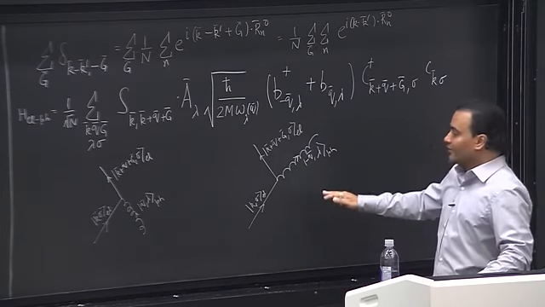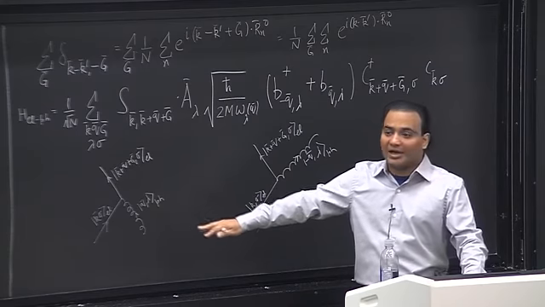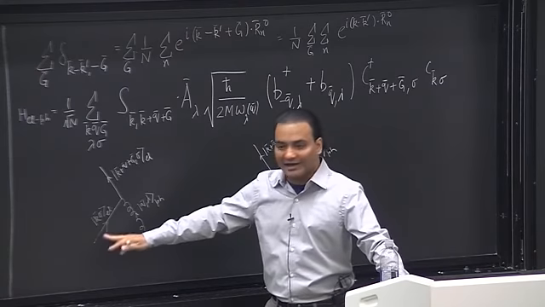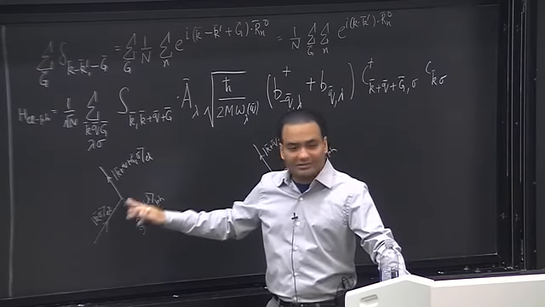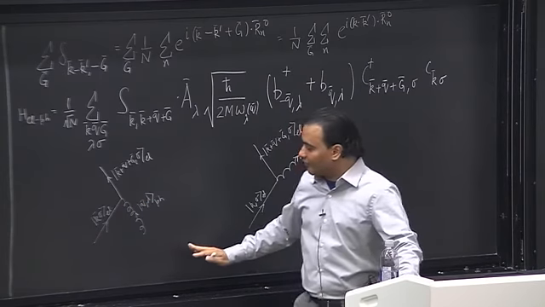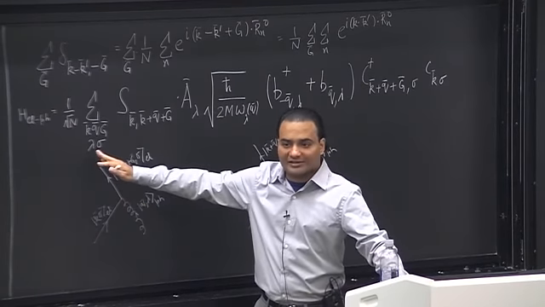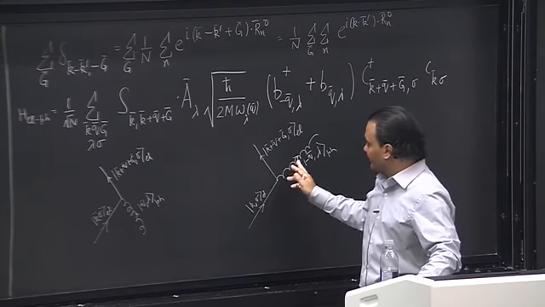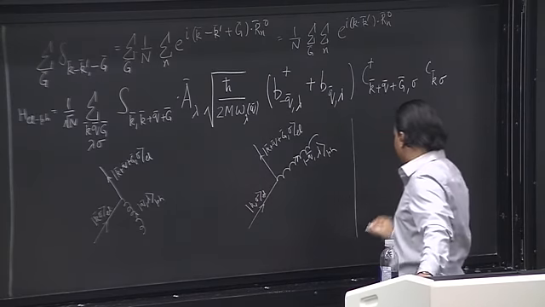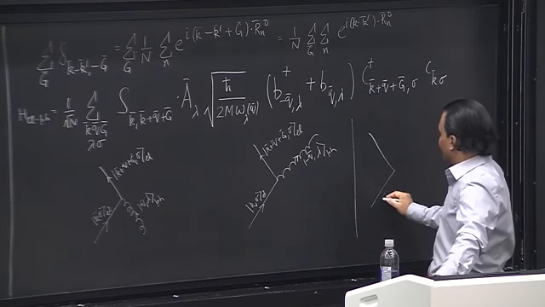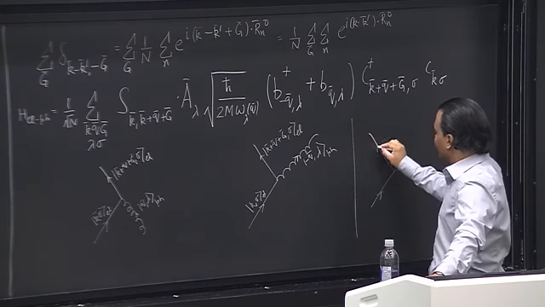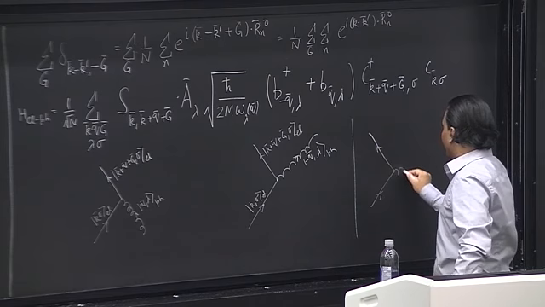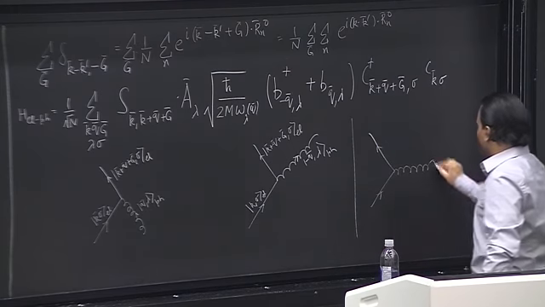So what you can do is look at this diagram, and what if you have one electron that comes in and a phonon coming in, and this is the outgoing electron. What if you join these two? Consider an interaction where you have an electron coming in, an electron going out, and one phonon mode,